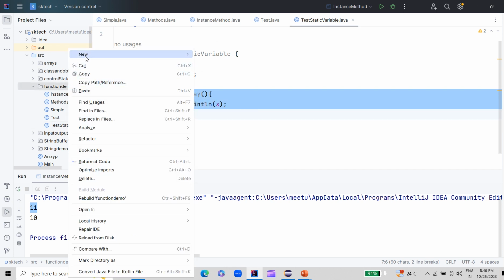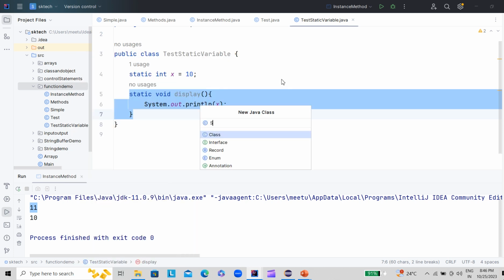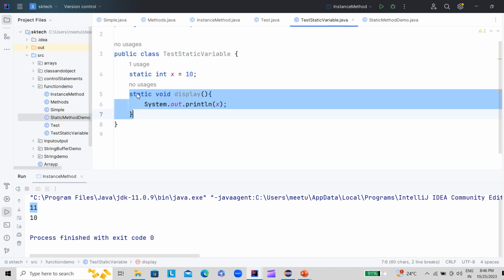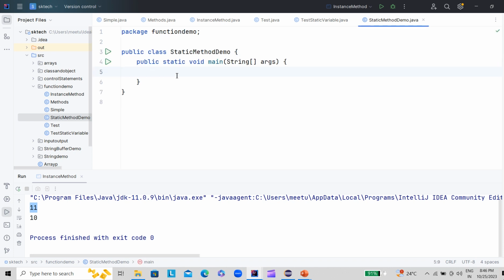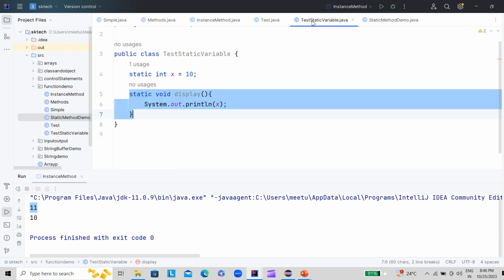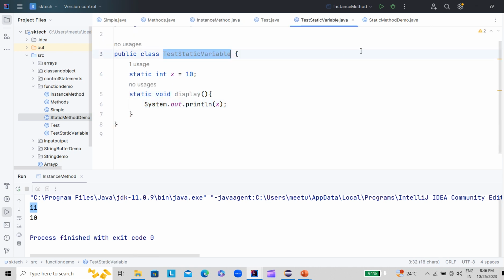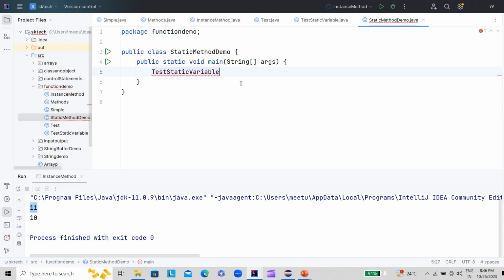Let's create another Java class like static method demo, and also try to understand the static variable here. First of all, let's create a main method. Since this is a static method, we can call it with the help of the class name itself, something like class name dot method.